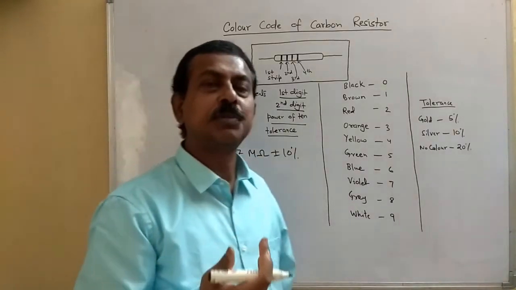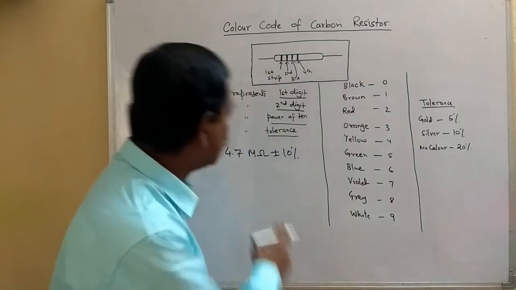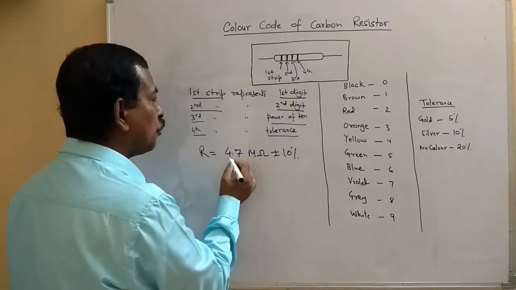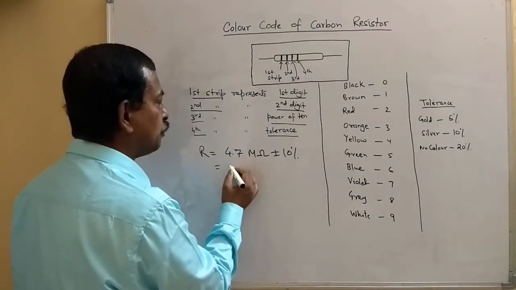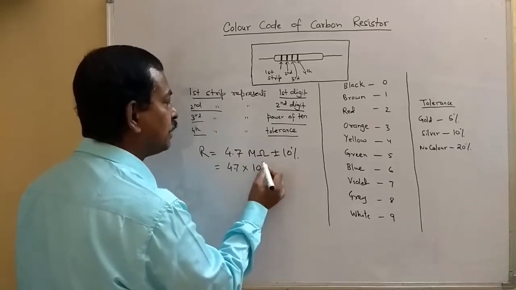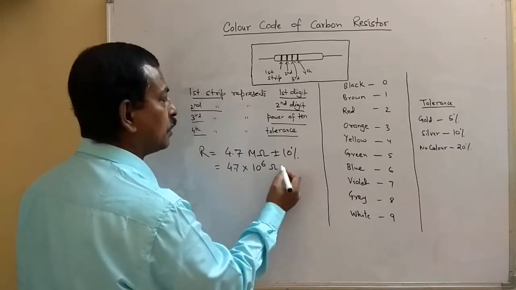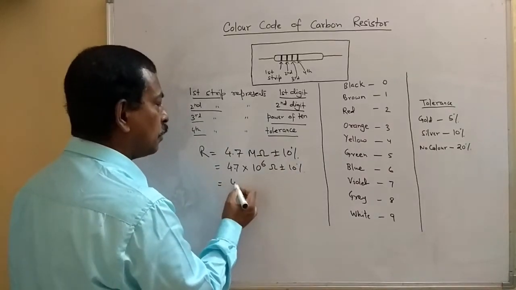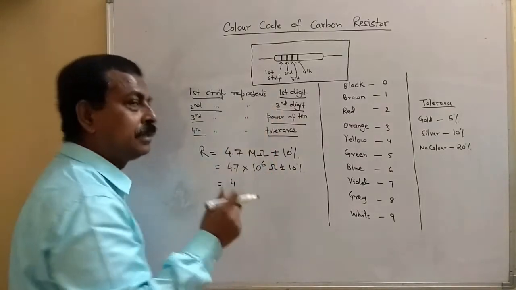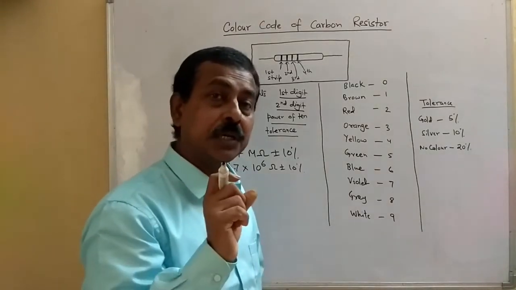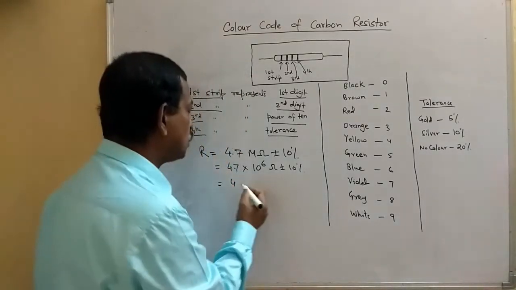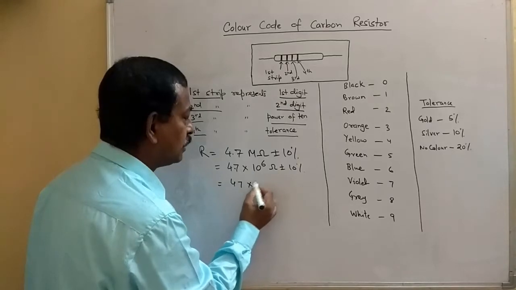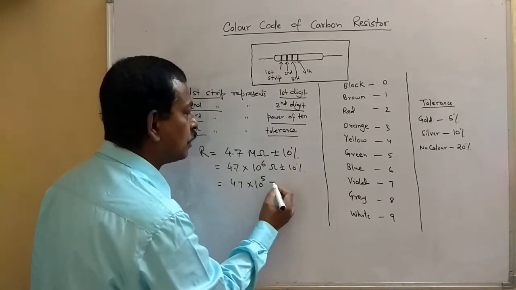We have to tell what the color sequence should be. First of all, we can write it as 4.7 into 10 to the power 6 plus minus 10%. But we have to write the first and second digits intact without decimal. So this will be 47 into 10 to the power 5 ohm